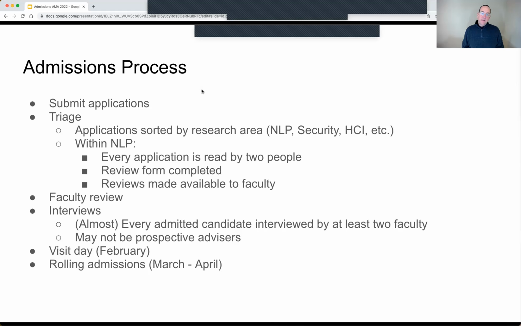Sometimes there's other things that develop during admission season. So sometimes we will find out that we have additional slots or something like that, and that will open up additional areas. So it's kind of a fluid process. I know it takes a while. We try and stay in touch with people that we've met through the visit weekend so that they know what's going on.